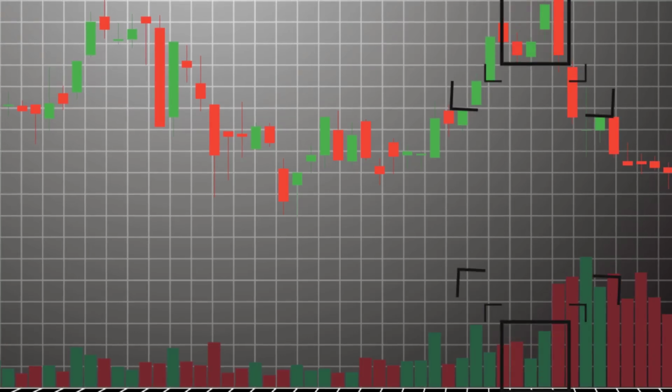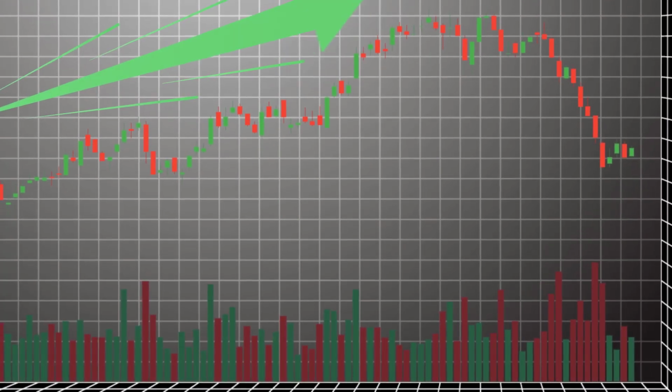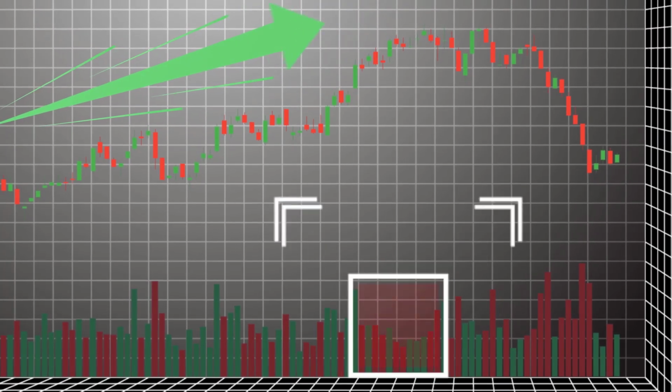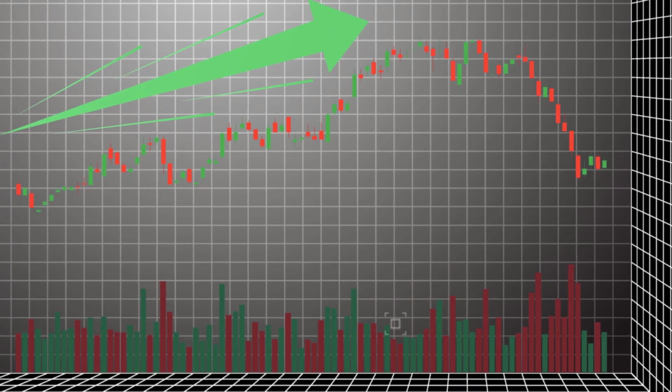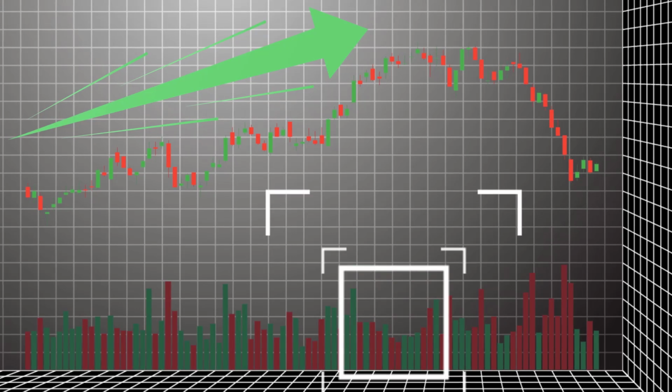Another important point, price often moves before volume does. By closely watching price action, traders can start to predict potential trend reversals. For example, in an uptrend, if volume begins to fall, it could be a sign that buying momentum is fading, and the trend may be nearing its end. Watching the relationship between price and volume is essential for spotting shifts in market direction.